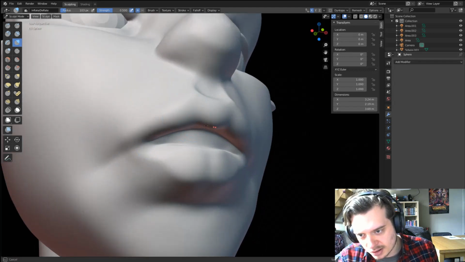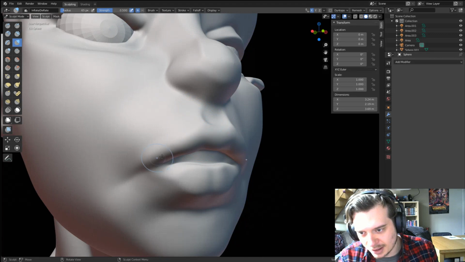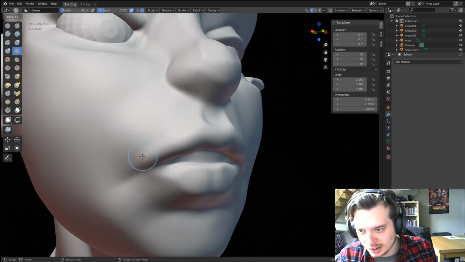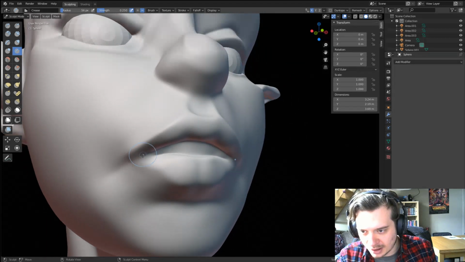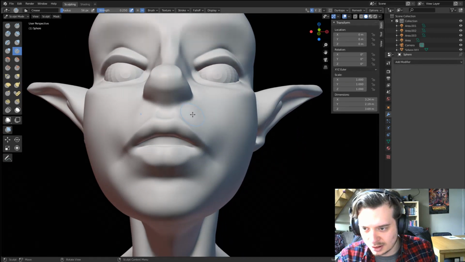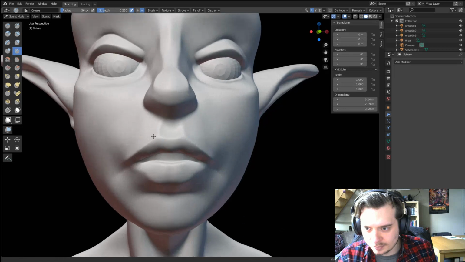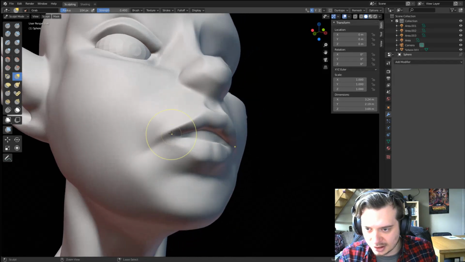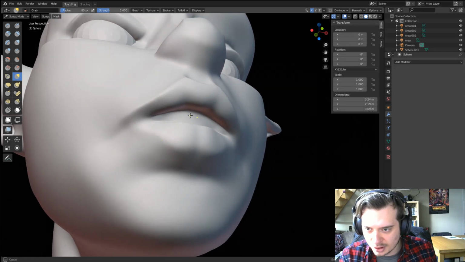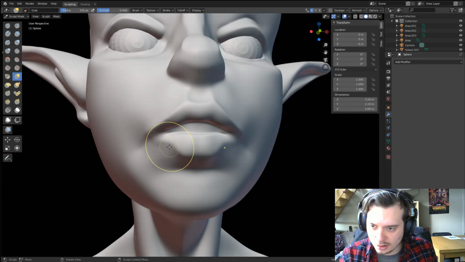Not by too much. This is really about subtle details now, and you can destroy those really quickly. Maybe I can make this sharp. Not sure if that's gonna work. Nah, I'm gonna keep it smooth. It's really about the subtle details here, and then you can destroy this really easy. And the lower,